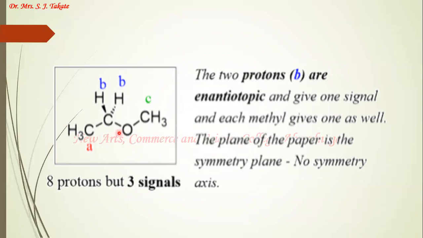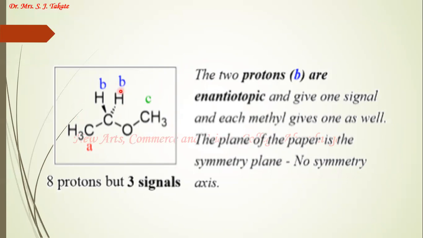Take this case. In this case, let us look at these 2 B protons. Check whether an axis of symmetry is present. An axis of symmetry is not present, because if I rotate the molecule through this, these two groups are going to change their position. That's why the protons will not be in an identical surrounding. Because when I rotate this, again, on the left side this methoxy group will come, and on the right side the methyl group will come. So therefore, the protons will not be identical, or they will not be homotopic.